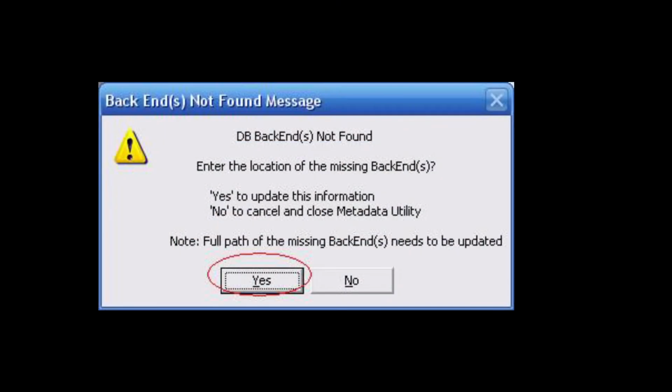In the event that a user should get this type of message that a backend is not found when launching Metadata Utility, then this video is for you. In such a situation, click on Yes,